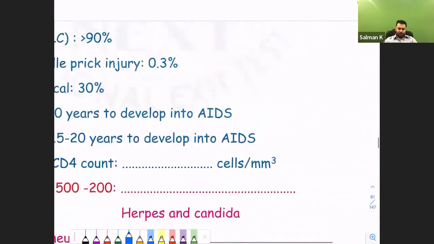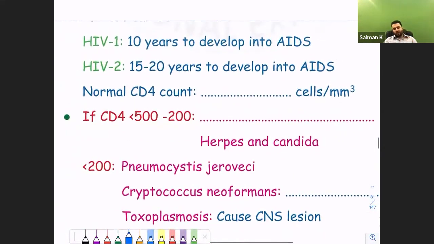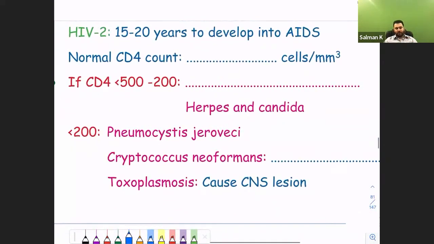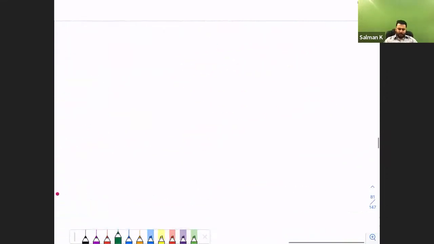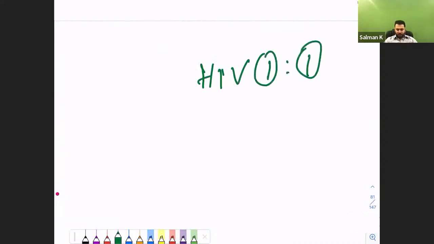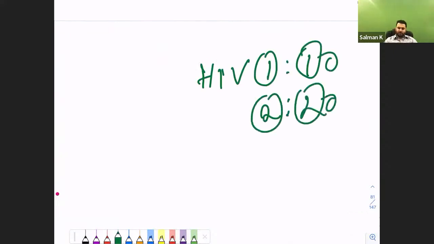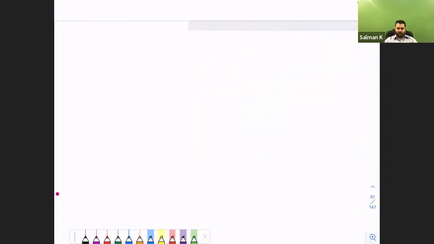A very important thing is, how long does it take for a person who has developed the infection to progress to AIDS? For HIV-1, just remember it like this: HIV-1 takes 10 years, HIV-2 takes 20 years to develop into AIDS, right? Nobody wants to develop AIDS faster, so HIV-1 is considered to be more dangerous. Is that understood, doctors? Now,